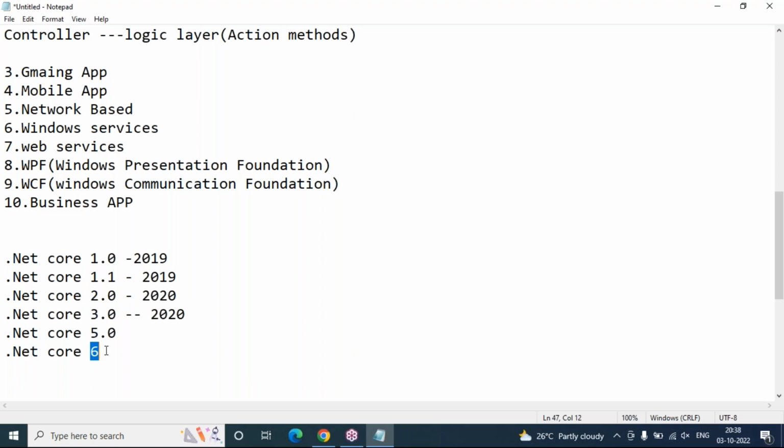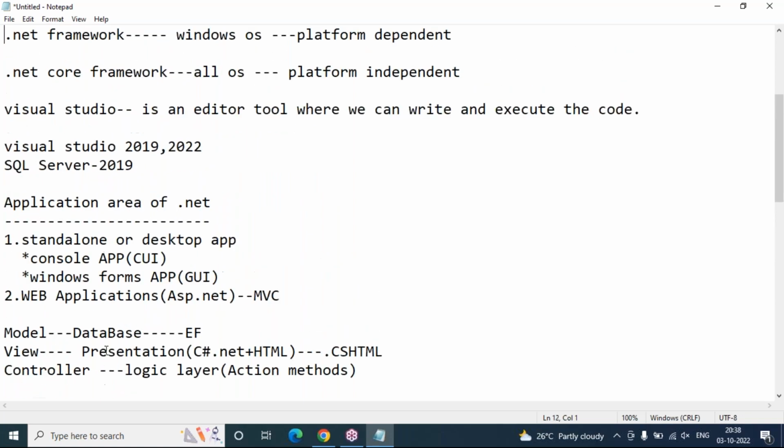Okay, so these are the core versions, but even so I'm going to focus on core concepts like core frameworks, which are related to ASP.NET only. But in most cases, when I start with C#.NET topics, I'll mostly cover them with the .NET Framework only. That will be better. And I'll show you both examples, using .NET Framework as well as .NET Core console application and Windows Forms application. Then only you'll understand the main difference between framework applications and .NET Core applications.